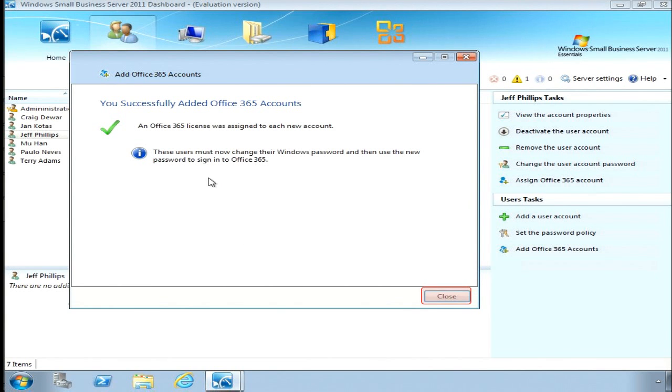So notice that there's a note here. The users must change their Windows password at their next log on to the network. This is